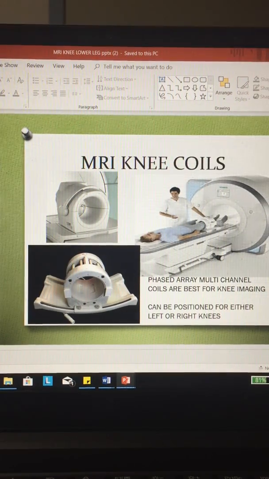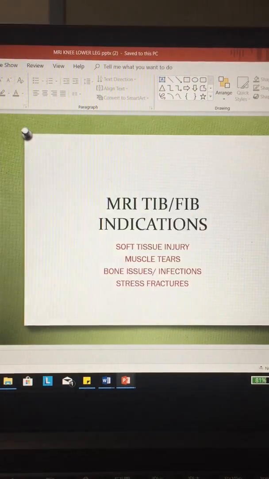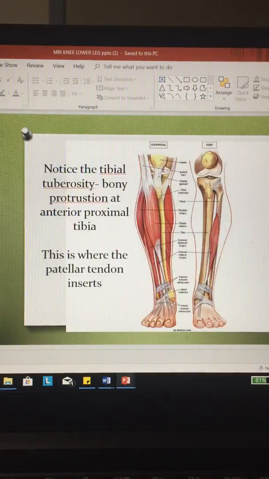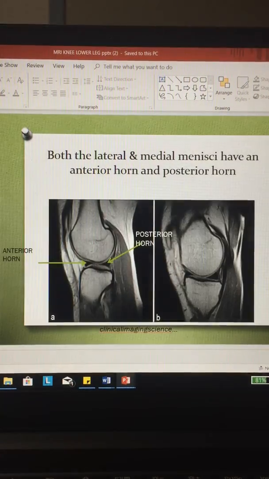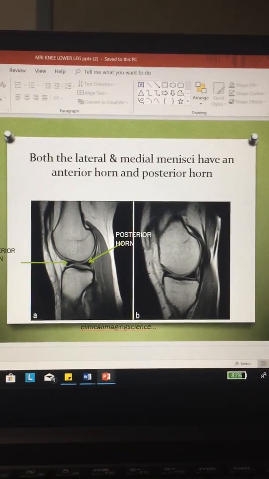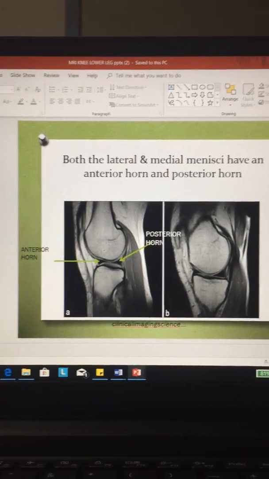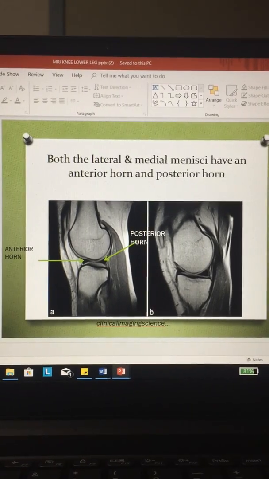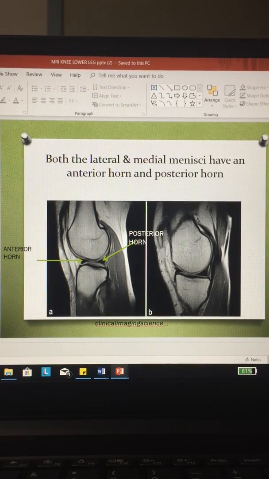Now also think about, once you're doing your practical, because we are going to slice all the way through that tibial tuberosity, we're going to see the fibular head. So if you really don't feel like you are good at picking out lateral or medial yet, go through all of your axials. You then can see the fibular head. There's a fibular head. I know that's lateral. Page back up and now you know which side is lateral. Okay? All right, so let's go back